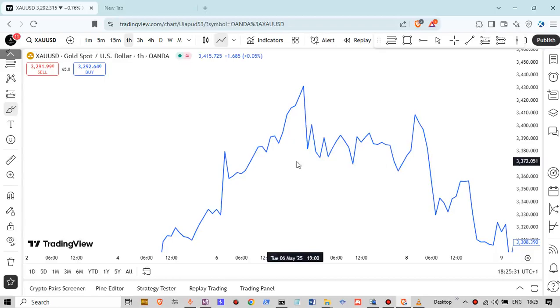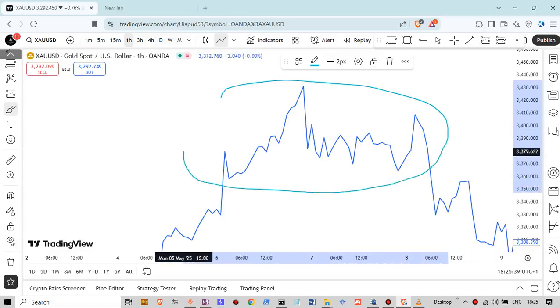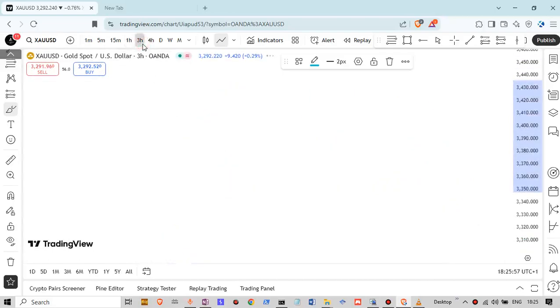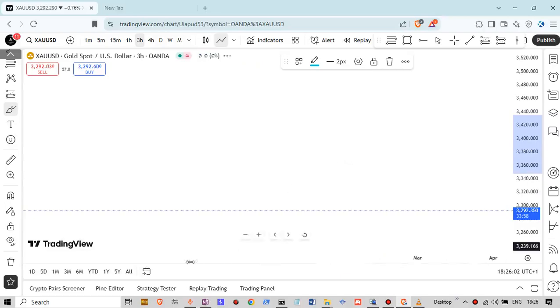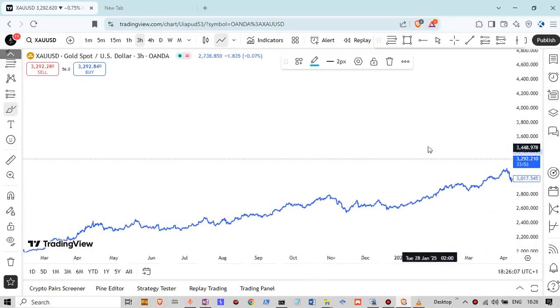Now, do you know that this whole thing may be looking quite confusing for some starters. So in this case, I would advise you could just go up to a higher time frame to shrink this data, to minimize the data you are seeing. This is what I mean. Just pay attention to that cycle I drew. Let's say I stepped up to the 3-hour time frame. Let's see what it's going to look like on the 3-hour time frame. So that way you will not have to give yourself too much stress.